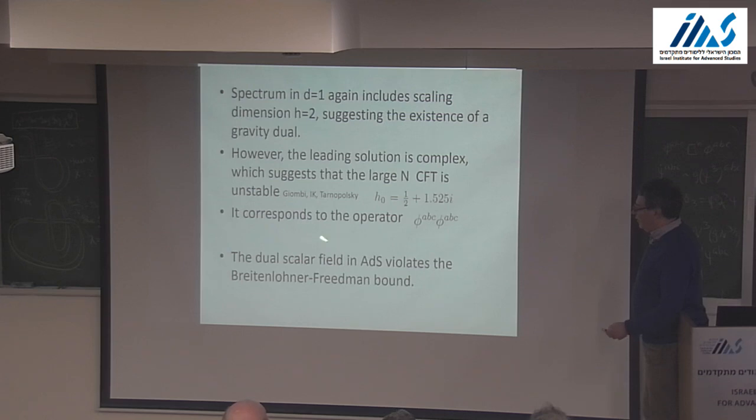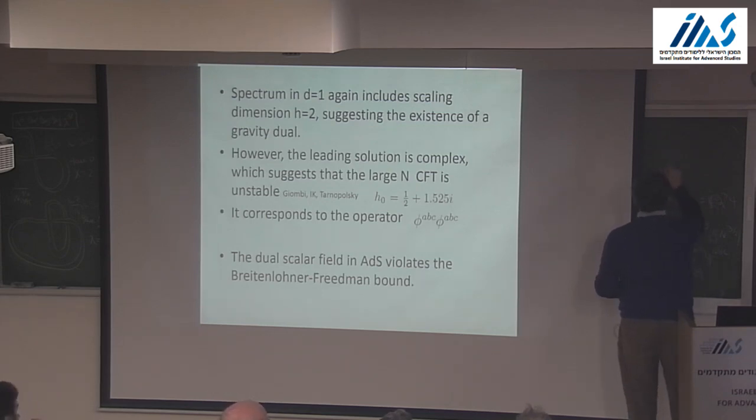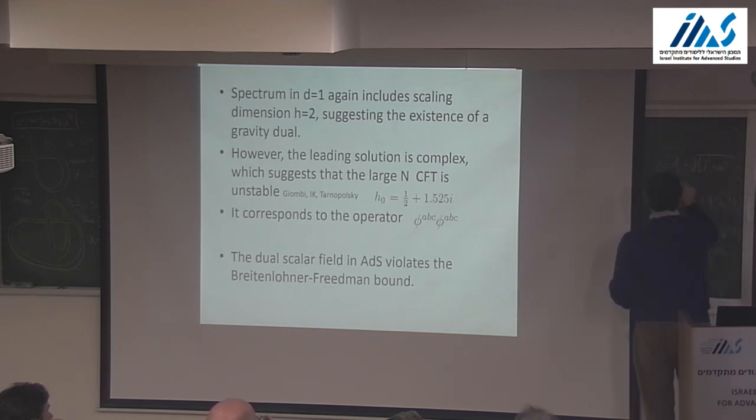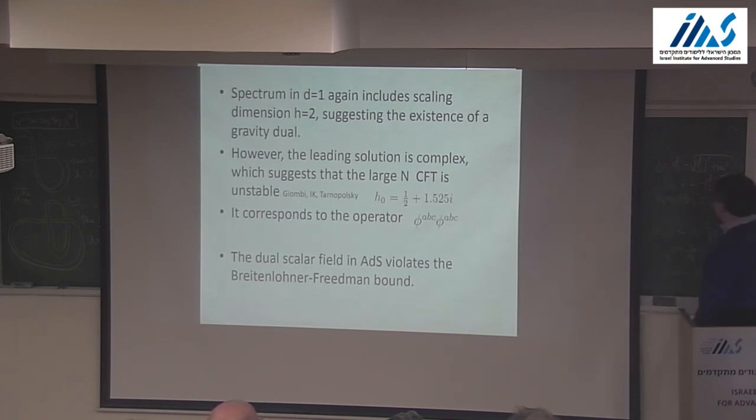The interesting thing is that when you see such a thing, this violates the, and you go to AdS/CFT, you see that the dual field in AdS/CFT is below the BF bound. Right? Maybe I should say again why this is, because the formula is that delta is equal to d over 2 plus or minus square root of (d over 2) squared plus m squared. Right? So if m squared is below minus (d over 2) squared,